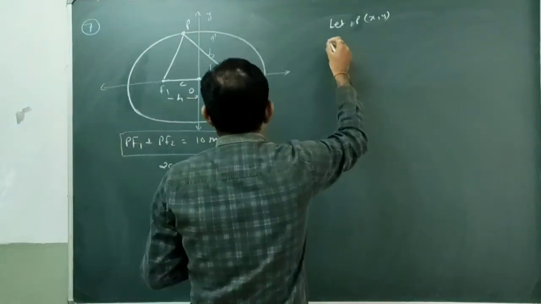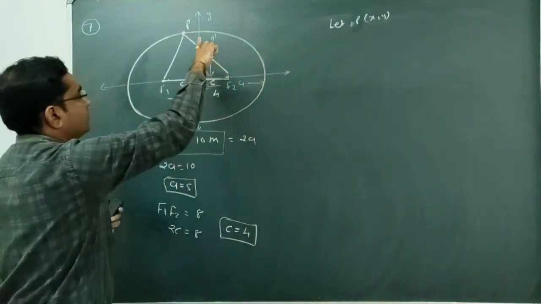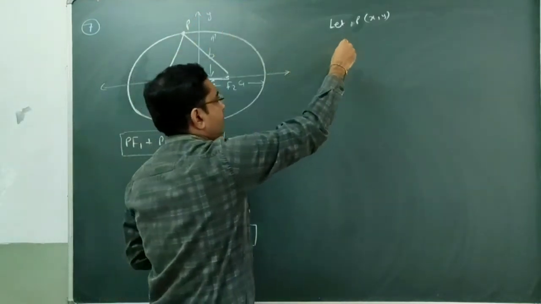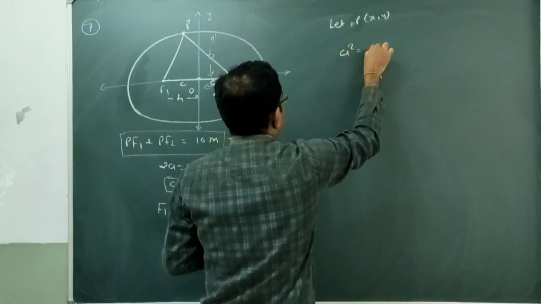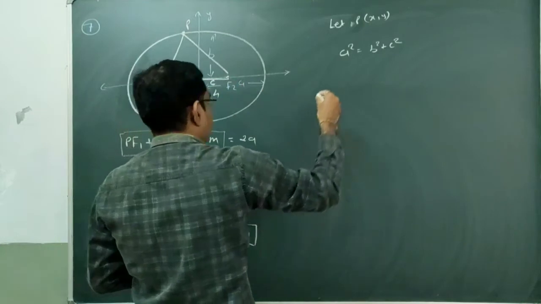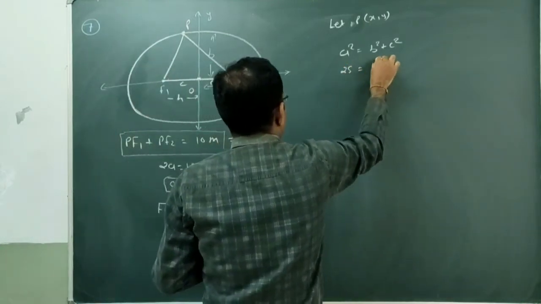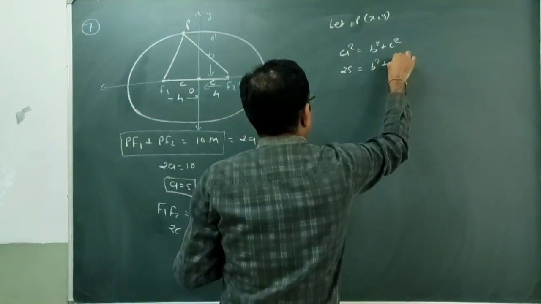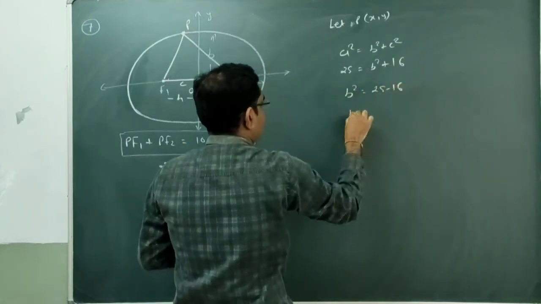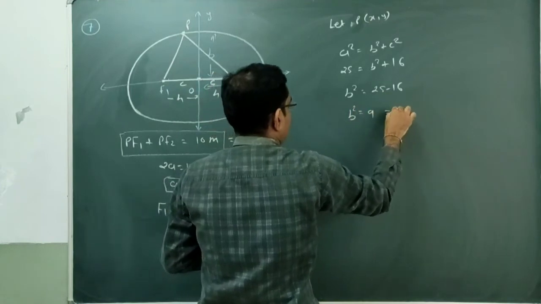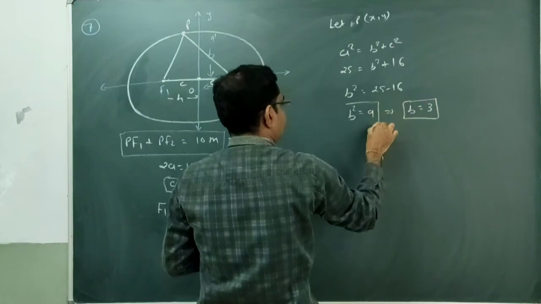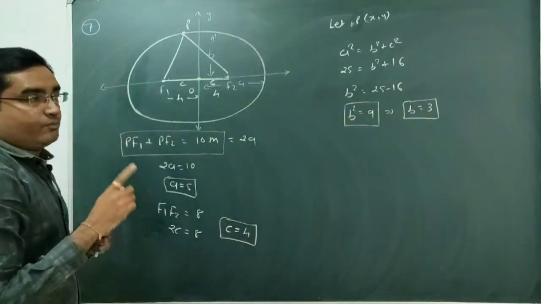So here to find the value of b, that means the length of this semi-minor axis, one formula is there. What was the formula? a square equal to b square plus c square. So a square is 25, b square we have to find, c square is 4 square, 16. So b square equal to 25 minus 16. So b square will be 9 and hence b will be 3. We should not write plus and minus 3, otherwise half a mark will be lost. b is the length, so we write only plus.